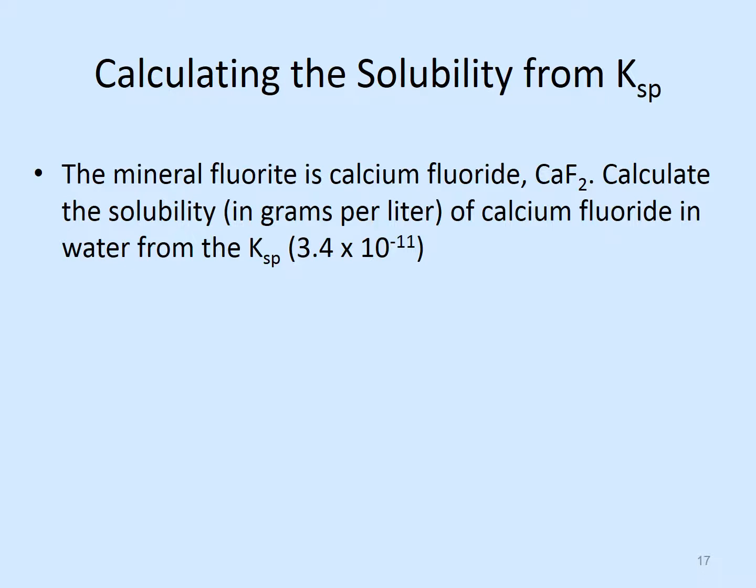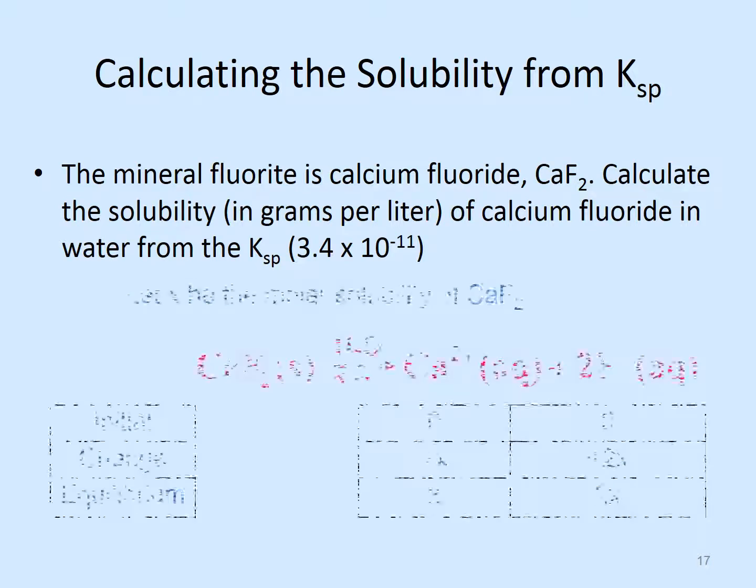Now what we're going to do is calculate the solubility from the KSP. Just like all of our equilibrium problems that we've done so far, you'll either know something about the equilibrium concentrations, which is X, and be able to find the K value, or you are given the K value and you can find something about the equilibrium concentrations, or X. In the last two examples where we found the KSP, we were given the equilibrium values, or we were told what X was, and so we could find KSP. Now we're going to be given KSP and we need to find out what